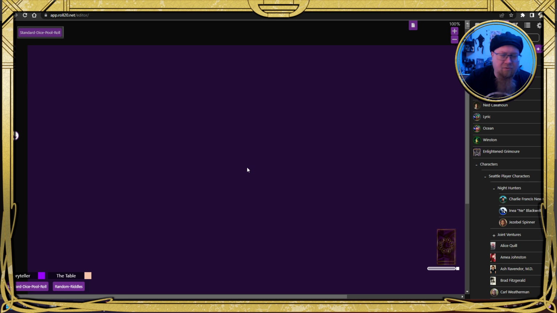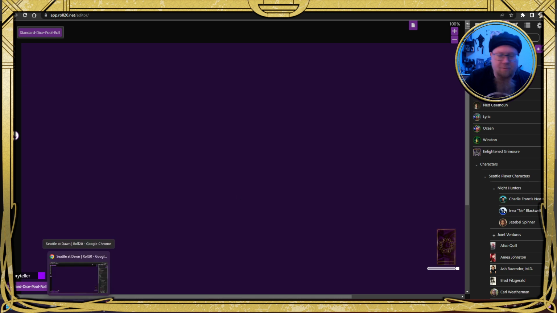So I just made these 2 images, and I want to move to 100% because I found that there is a weird glitch in Roll20 that if you drag and drop an image and it's a lower resolution than 100%, it will not bring the image over in the correct resolution.